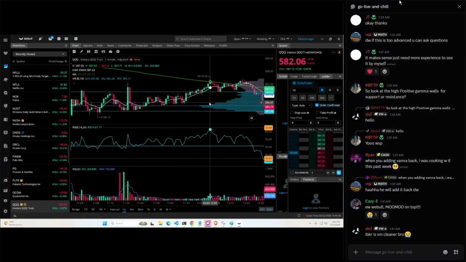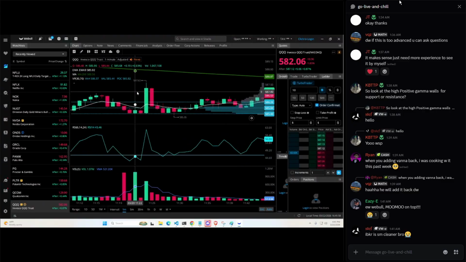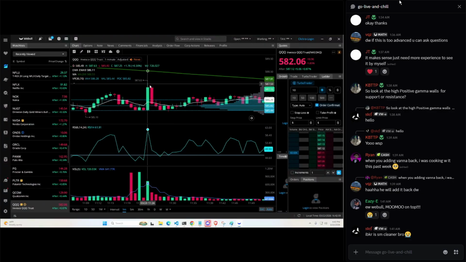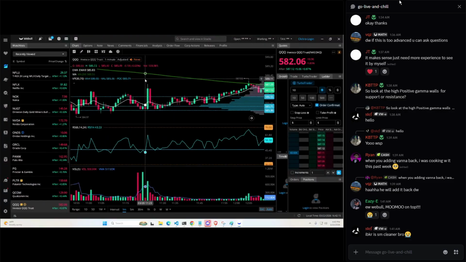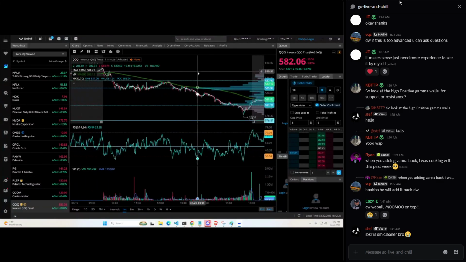I mean, you might be able to get a bounce, but these people right here got screwed. If they bought, or tried to chase up here, that was a fast drop and they just got destroyed that quickly. This is not something you would normally see in positive gamma. In positive gamma, you're going to have more calm behavior. You're not going to see these crazy moves unless, like I said, there's news or something that comes out. But the actual flow of direction from dealer hedging is not going to be like this. So we're in negative gamma, and you're going to expect more chaos.